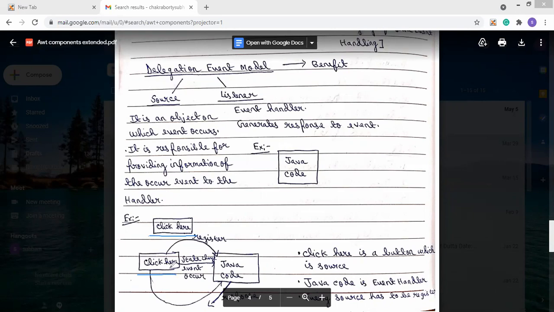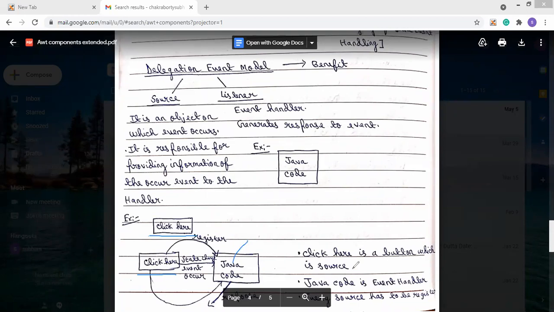It is responsible for providing information about the occurrence of the event to the handler. So the source will be responsible for passing the information about the occurrence of the event to the handler. And this Java code is the listener.